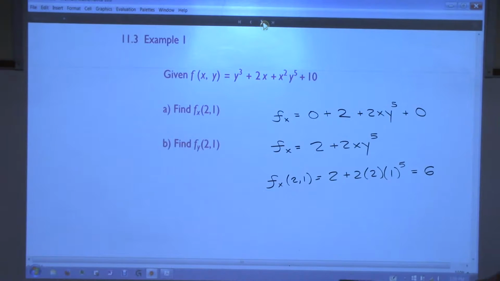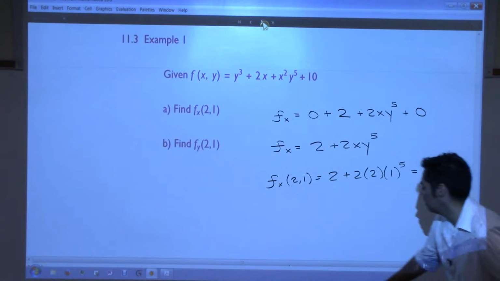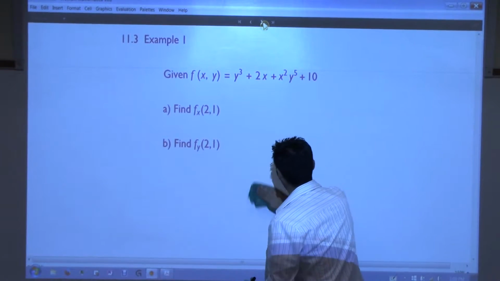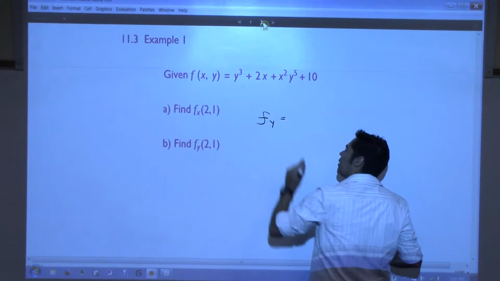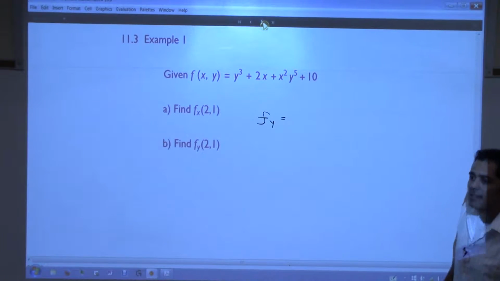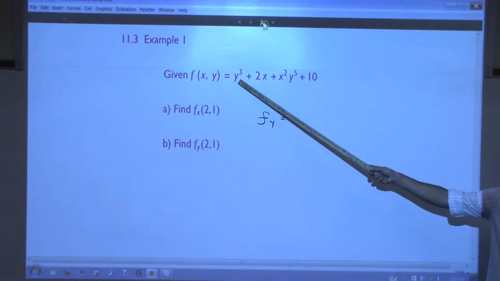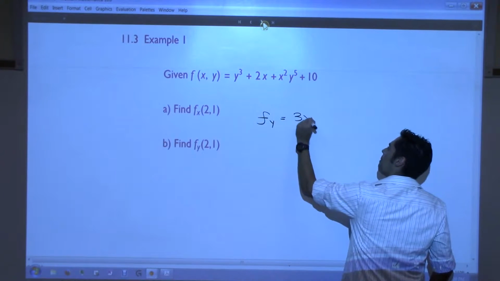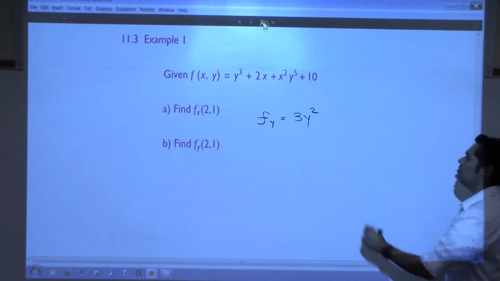All right, let's see the difference between that and the partial with respect to y at the same point. So the partial with respect to y, I'm going to come in here. Y is now the variable, x is now the constant. So when you take the derivative of y cubed, 3y squared. Now it's 3y squared, right? And then the derivative of 2x is 0